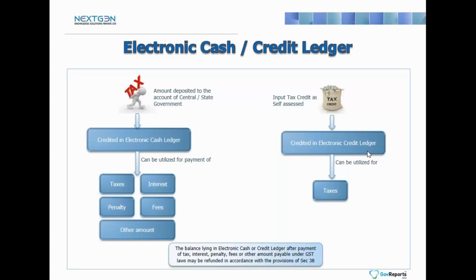Now for reconciliation, the GST dashboard will provide the information of mismatched items. This will be available at the GST portal, where the taxpayer, after logging in, can find these reports and download them. He can reconcile it with the supplier or the receiver. Now there will be auto generation of reports in